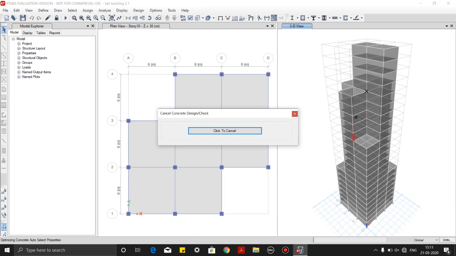So the software will select the best option for the respective beam and the column dimension according to the favorable seismic load which the building is going to experience. We have to wait till the software analyzes the result.